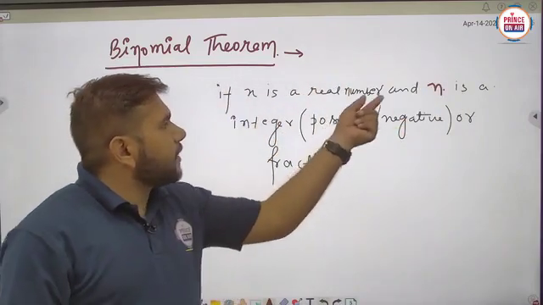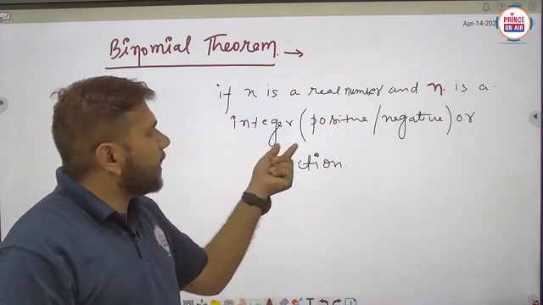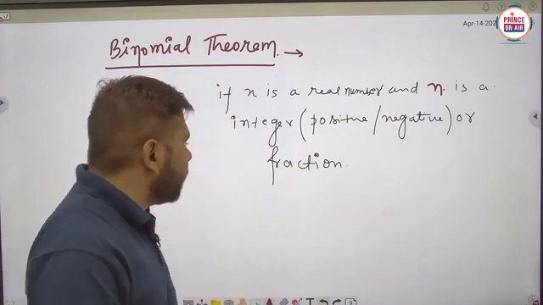If x is a real number and small n is an integer that may be positive or negative or fraction,